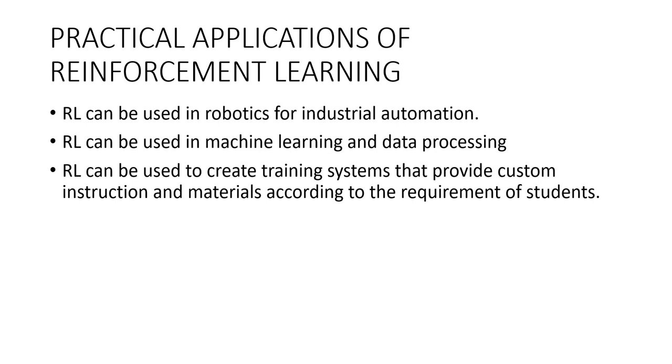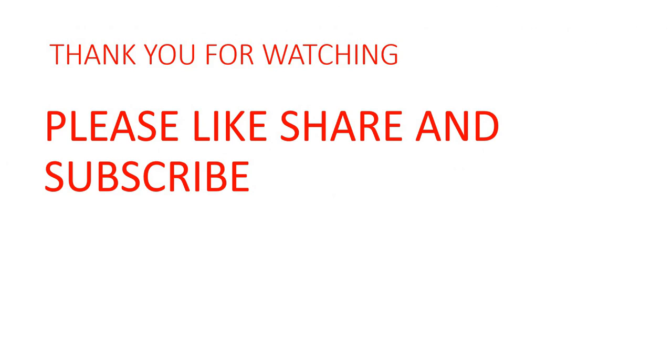Practical applications of reinforcement learning: RL can be used in robotics for industrial automation. RL can be used in machine learning and data processing. Reinforcement learning can be used to create training systems that provide custom instructions and materials according to the requirements of students. That's all about the different types of